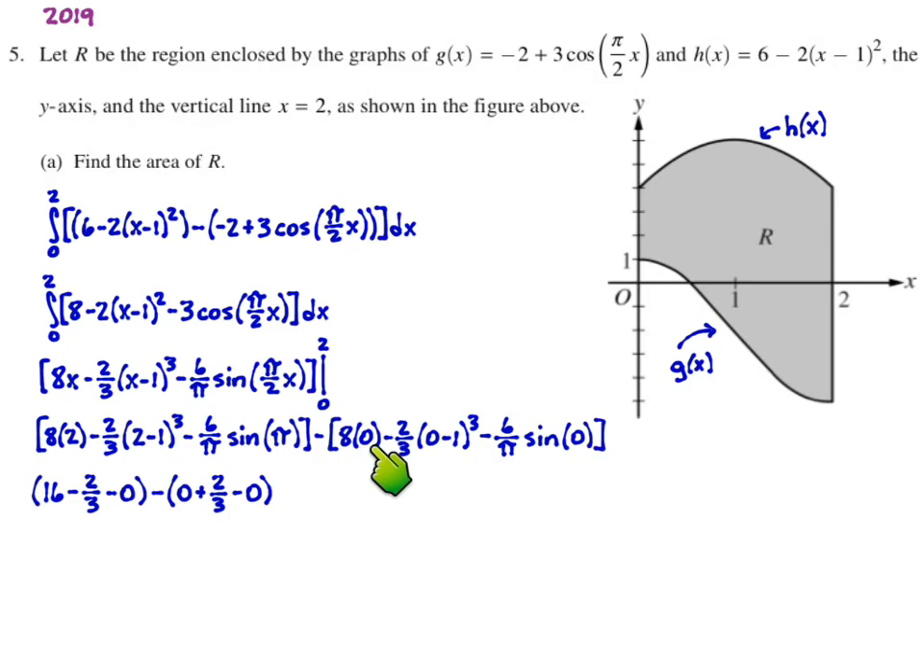8 times 0 is 0. And then negative 1 cubed is negative 1 times negative 2/3 is plus 2/3. And then the sine of 0 is just 0. And so we ultimately end up with 16 minus 2/3 minus 2/3. Going to get a common denominator there, and then combine like terms, so you got 44 over 3 is your